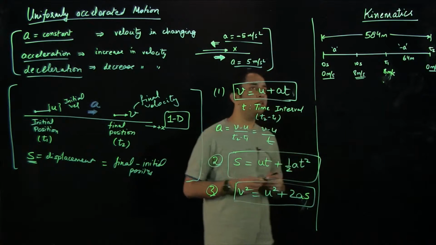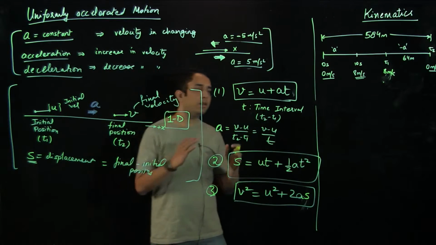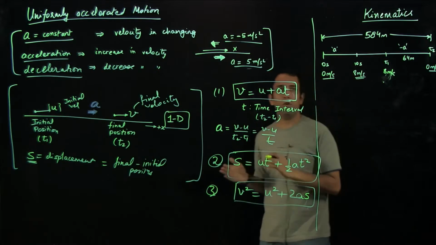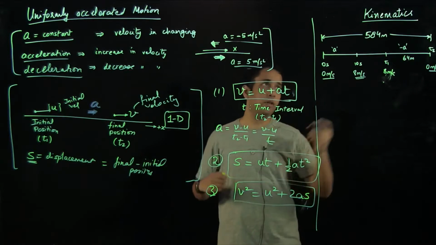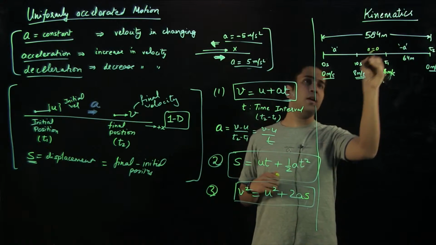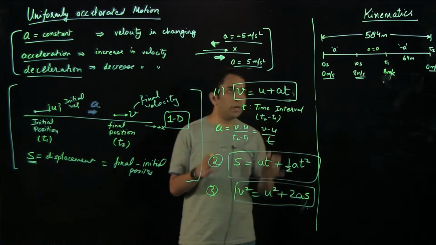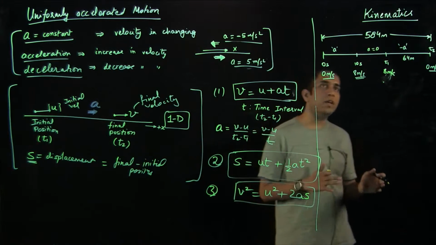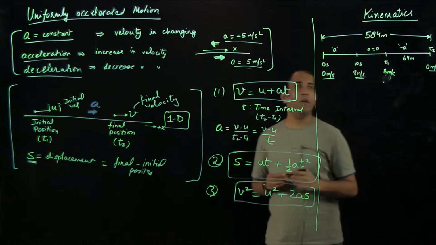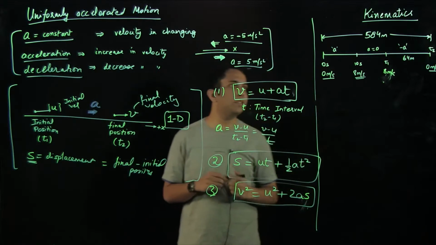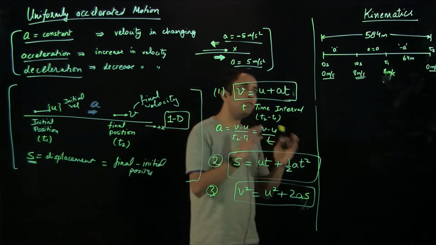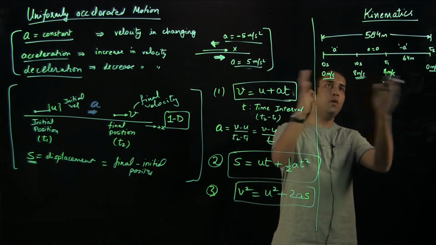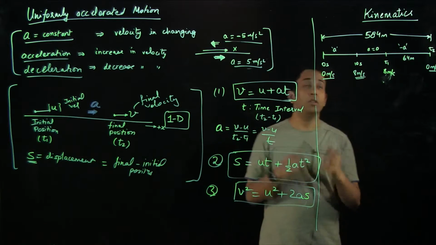So as you can see, overall throughout from 0 seconds to t2 seconds, the acceleration was not uniform because the acceleration has changed. For the time interval from 0 to 10 seconds, there was a constant acceleration of a. For the second time interval from 10 seconds to t1, the acceleration is 0, and from t1 to t2, the acceleration is negative. So I can solve the problem using all these 3 equations by dividing the whole time interval into 3 zones, so 3 smaller time intervals.